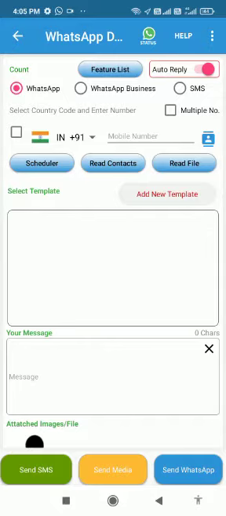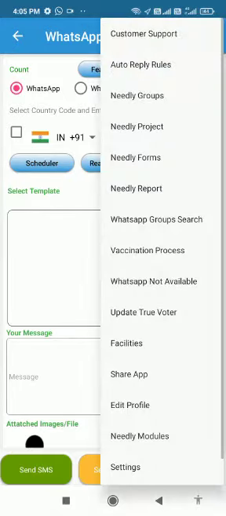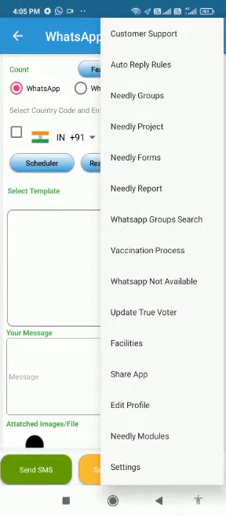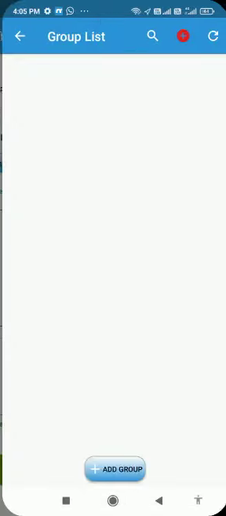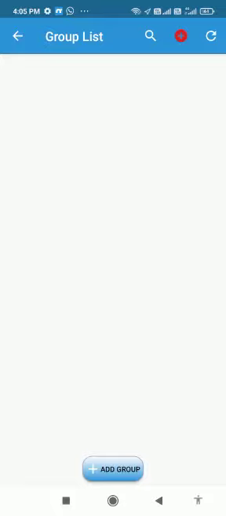So for this we need permission of active caller ID from you. Now I want to create a Needly form. So I create a Needly group first. We use Needly groups to add people to the form from whom we want to get the data. Now click on add group.